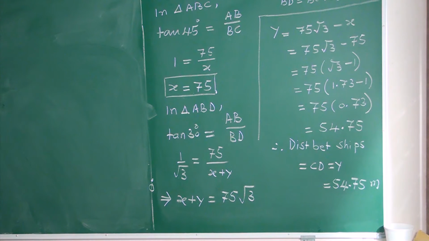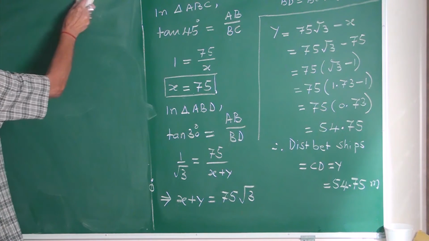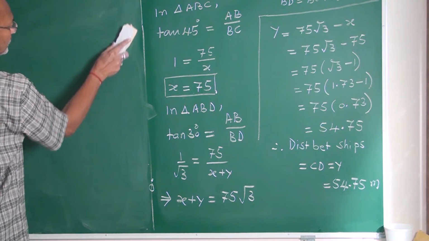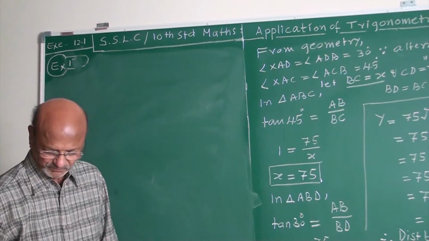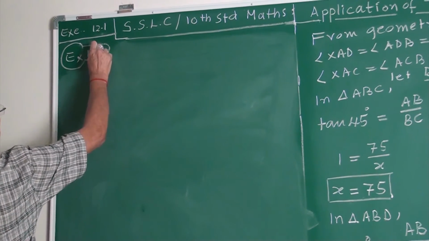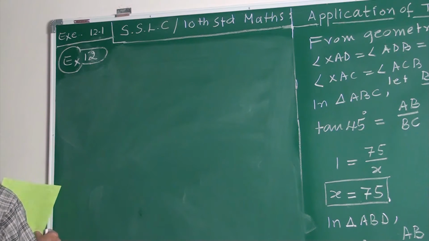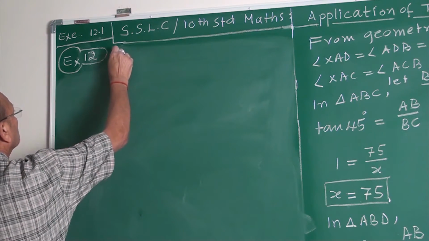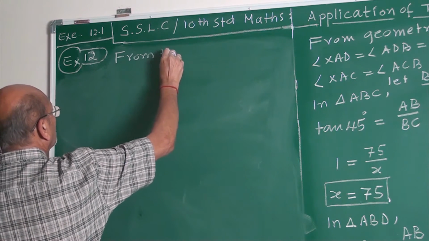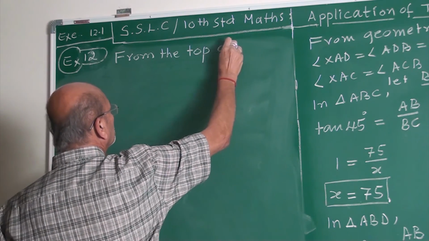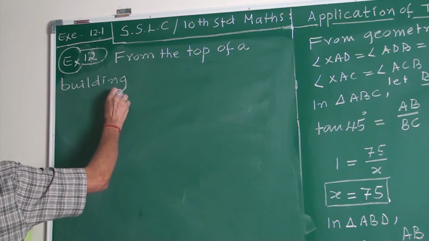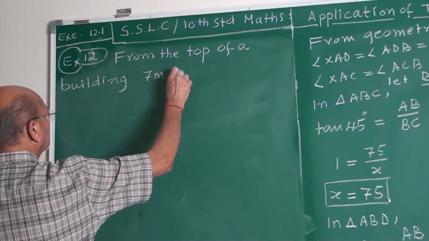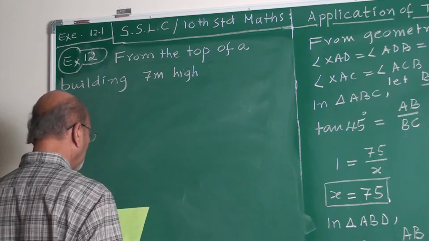Next is example number 12. The statement is: from the top of a building 7 meters high, the angle of elevation